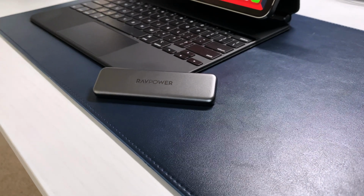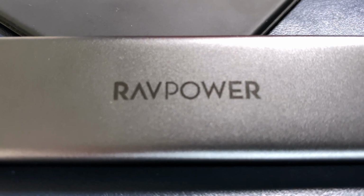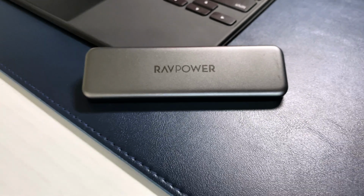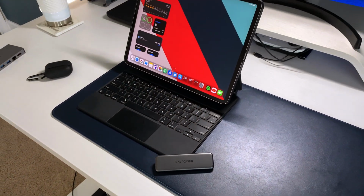But this is where I store pretty much all of my finalized videos, right? So I rarely keep clips from these videos just because I don't want to take up too much space, and I don't want to start to get big NAS servers or other ways to store a ton of data. I save my finalized video before I upload it, put it onto that RAV Power SSD, then upload the video, and that's where it stays. So I have an awesome catalog of about probably 1.5 years worth of videos in 500GB, and I still have plenty more. So I recommend getting a RAV Power SSD, or any SSD for that matter, that fits your budget,